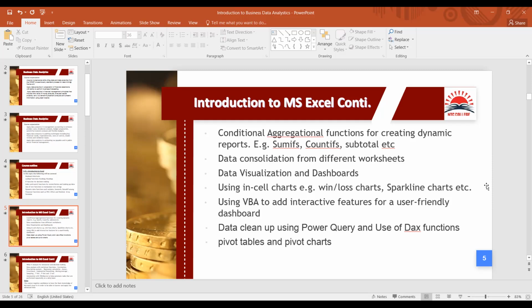Then you'll also have a bit of data cleanup using the Power Query and also the use of the data functions, the pivot tables and the pivot charts, whereby you summarize large data into data sets that you can easily make insights. And at this point, I will also want to